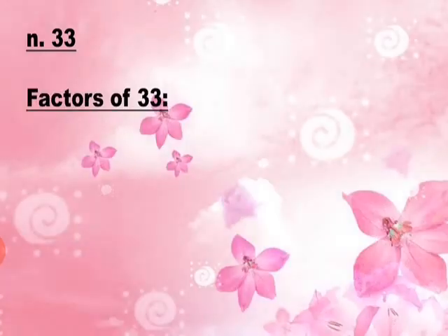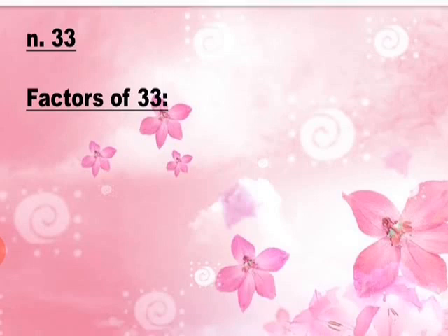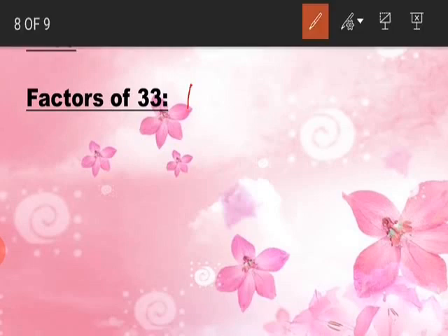Now I am going to solve part N for you, and students, you have to do all the remaining parts by yourself. Okay. Now class, we have factors of 33. We have to write 1 and 33 first because 33 is a factor of 1 and itself, and after 1 we have 2. 33 is not a multiple of 2, so 2 is not a factor of 33. Is 33 a multiple of 3? Yes.